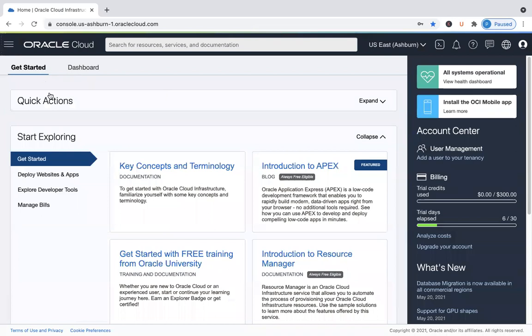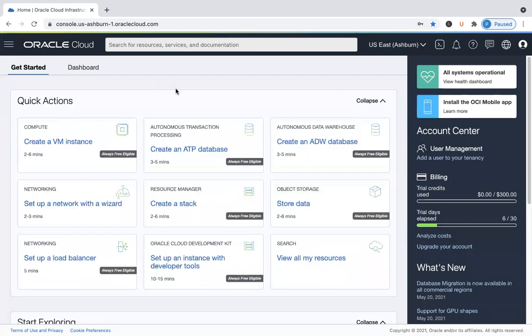And in here, let's look at these options first. You've got some quick start options. That's fine. Instead of going through the navigation options, if all you want to do is launch an ATP database, it just takes 2 or 3 minutes. All you have to do is click on this, follow the instructions, and in less than 2 minutes, an ATP instance will be provisioned in the cloud, and you would be able to download the wallet file, and you could connect to it from SQL Developer, and you could proceed with whatever you want to do. Okay, as simple as that.